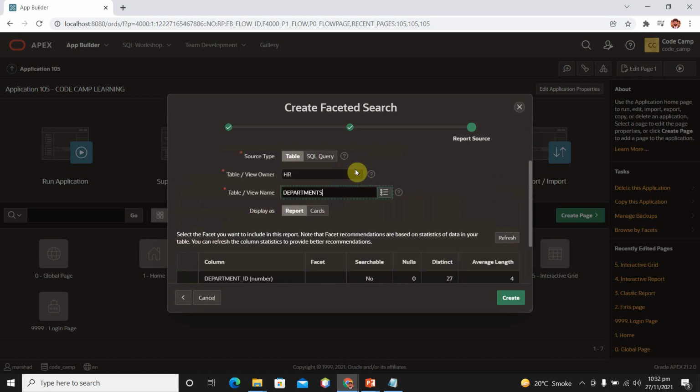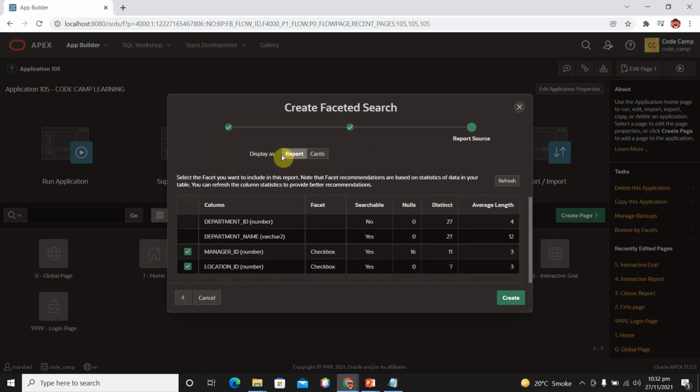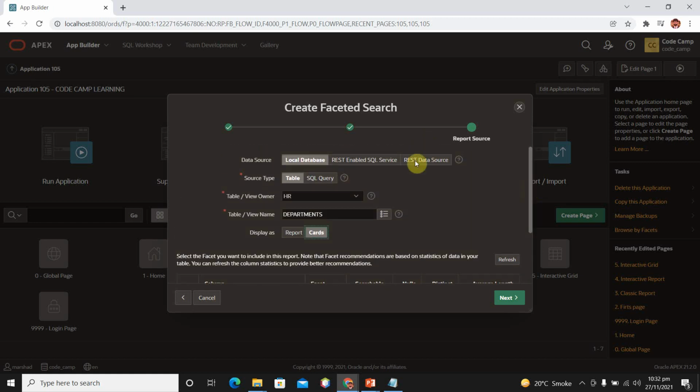Here we have two types of faceted search: display as a report or display as cards. If we select display as report, your search result will be shown like our interactive report as shown here. And if I select cards, then the result of our search will be shown in cards.